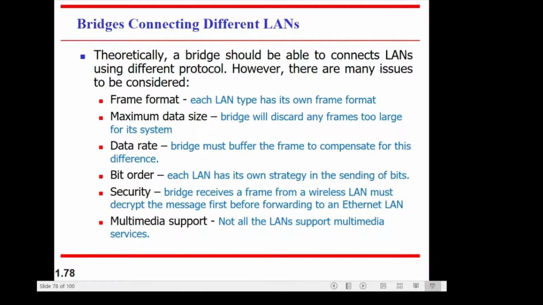Okay, a bridge connecting different LANs or different networks. Theoretically, a bridge should be able to connect LANs using different protocols. However, there are many issues to be considered if we have different protocols. The first is the format of a frame that travels through the network. Each LAN type has its own frame format. That can be an issue we need to consider if we want to use the bridge in order to connect